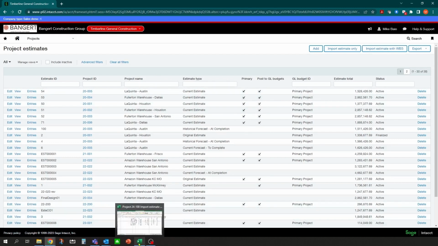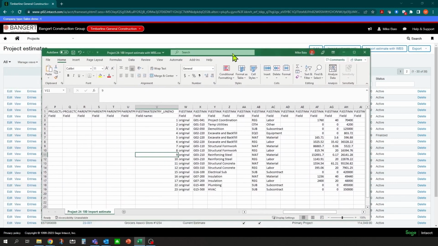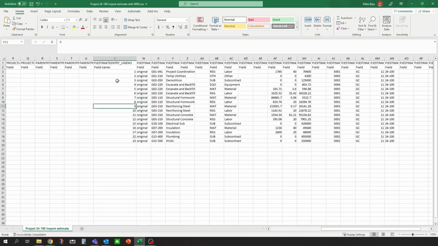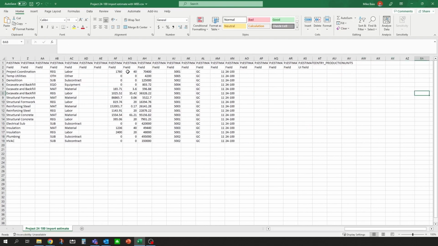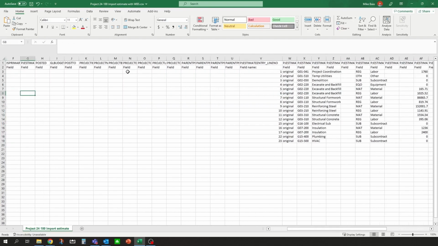So I do have a simple Excel sheet prepared ahead of time to import the estimate. There's a particular template that you can download, and this is basically the template right here. And you can see here in my Excel sheet, it just has my pre-fills of all my different cost codes, what cost types or categories we're going to be using for that line, and if you want to import units and unit cost or just amounts. It's not required to do the units, but you can most certainly import them as well. What general ledger account they're related to, and basically it's a simple flat CSV import into the system.